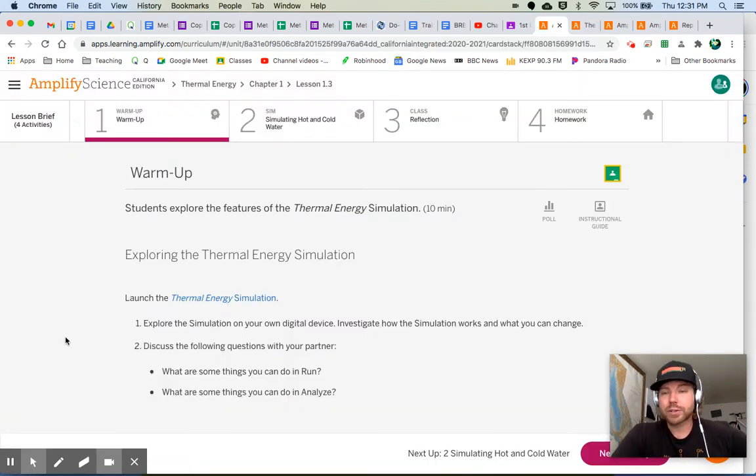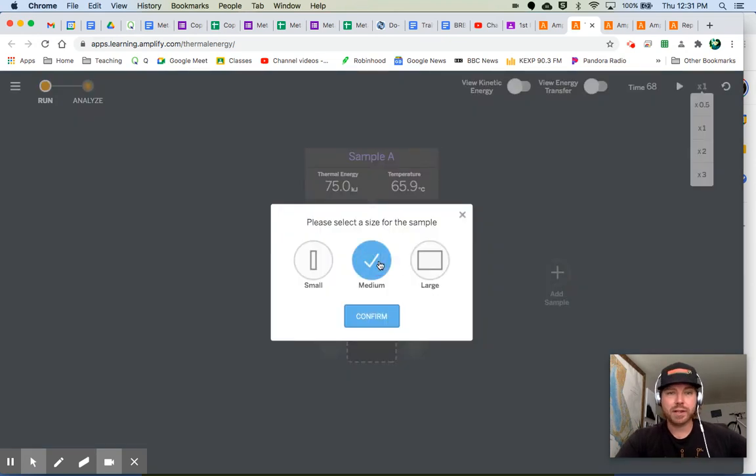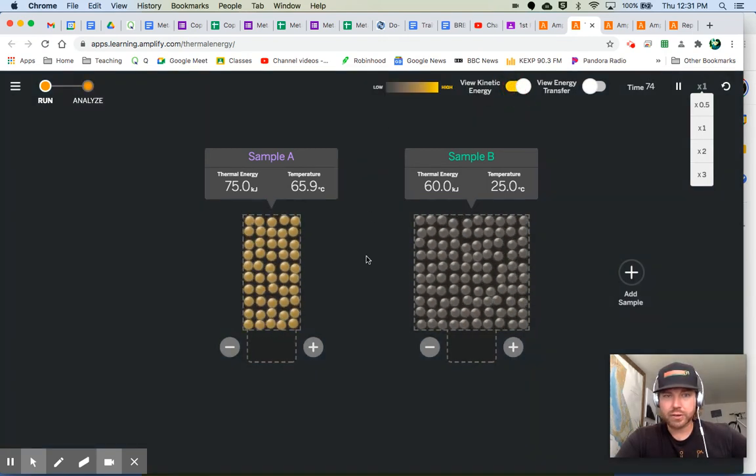All right, so here's the questions that we have. What are some of the things that you can do in the run mode? And as we saw, you can add samples. You can increase the temperature by clicking on this plus button. You can decrease the temperature by clicking on that minus button. You can add more samples. I'm going to add another medium sample. Look at that. If you click on this view kinetic energy toggle, it shows you, here's your scale,